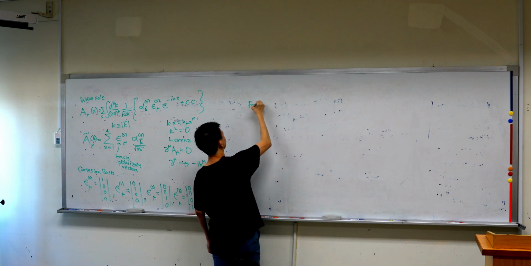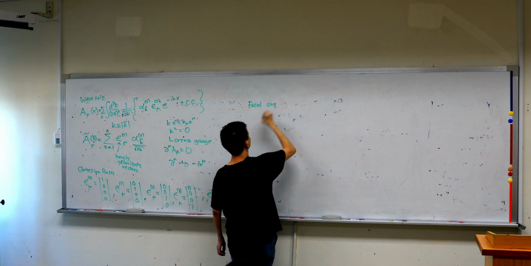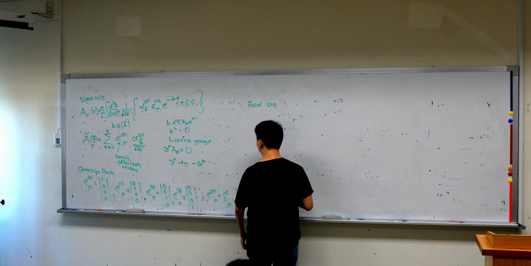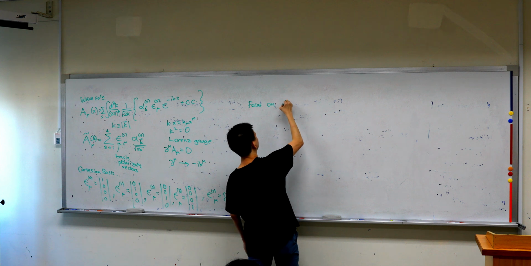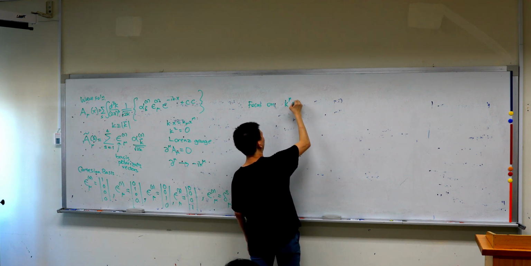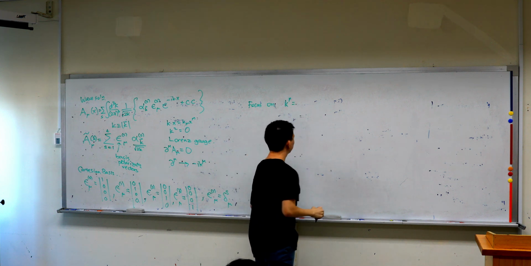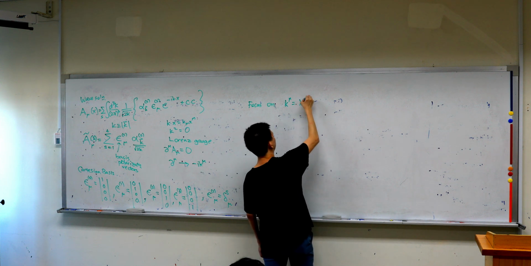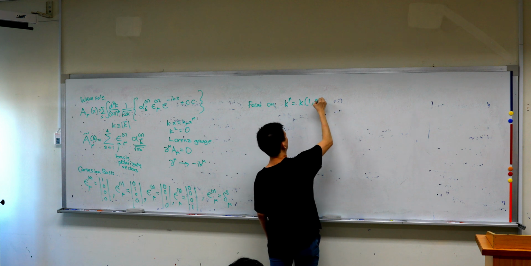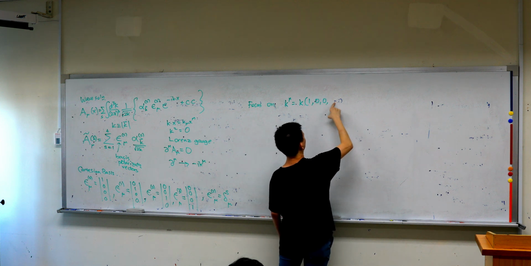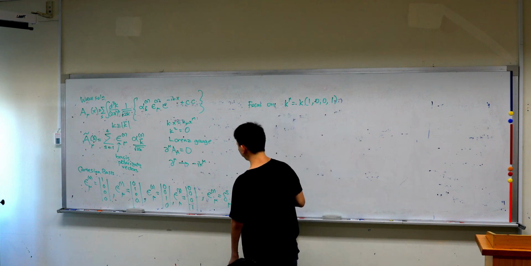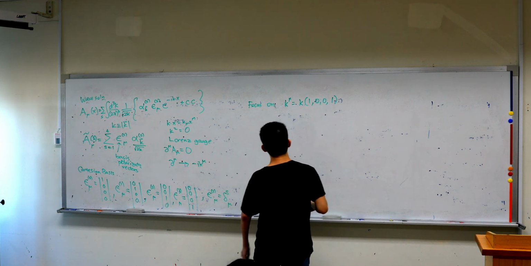Let's focus on the K mode that does the following. Let's focus on the K mode that points only in the z direction, just for simplicity. So it's going to be k, and then 1, 0, 0, 1, okay? And so what you discover is that,